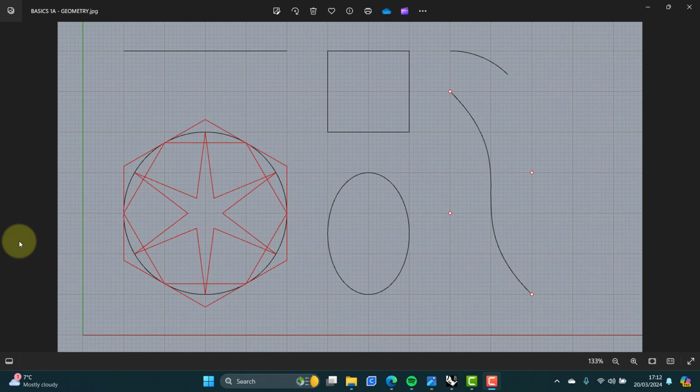Hi, this is the first in a series of Rhino 3D basics, and we're going to kick off with simple geometry: circle, line, square, ellipse, arc, points, and a control point curve. The red items we will do in a second video, which will deal with object snaps. So the polygons will be drawn in the second one, so just ignore the red, so it's the black circle